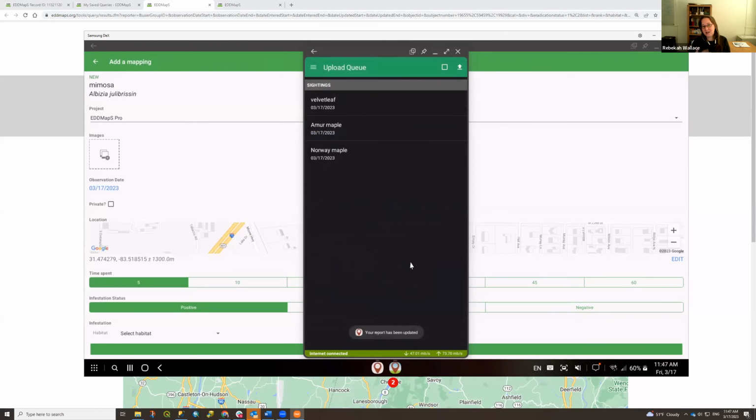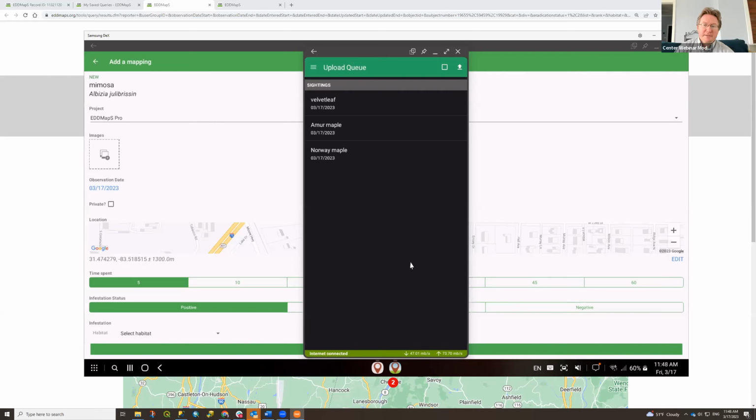And that's a way of, if you have a really complicated polygon or something similar, a way of kind of fixing those records. But again, you would have to remove unrelated images, things like that. So it's there. You can do it. You can only do it for plants, and you can only do it on the EDDMapS app, but there is that functionality that exists.